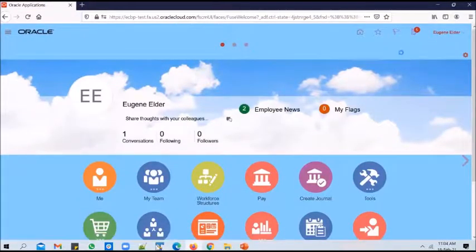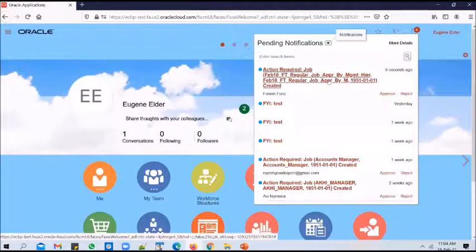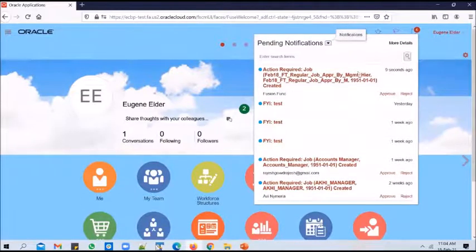And you look at the work list. Not sure if it has already come or not. But yeah, you could see that the job has come for our approval. It has come to 3185, Eugene Elder, for approval.